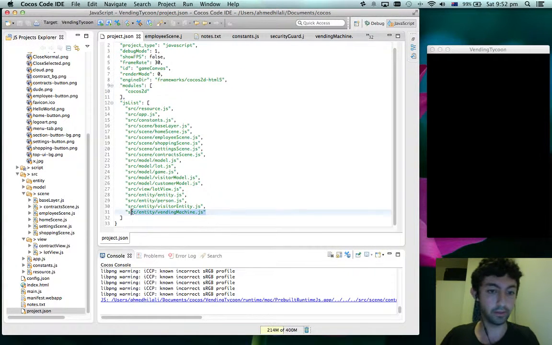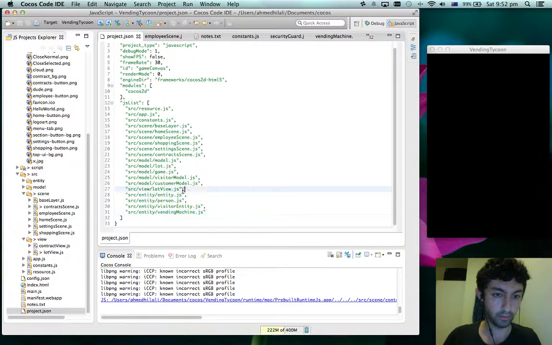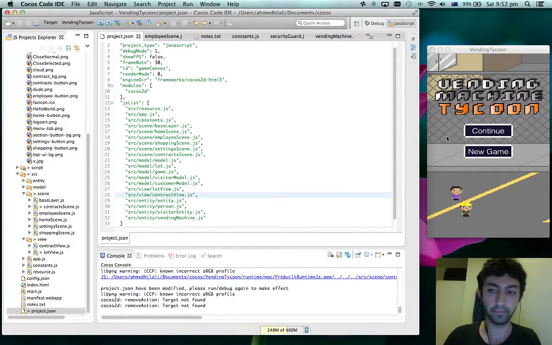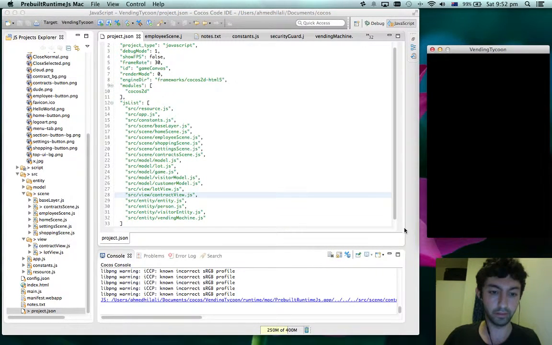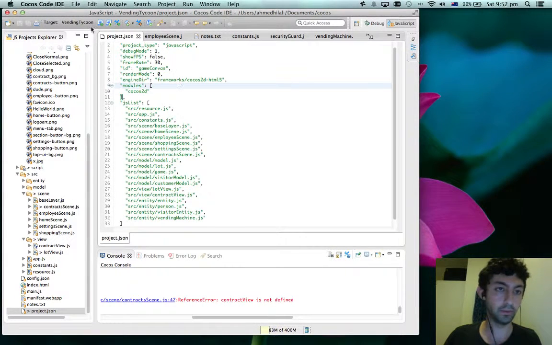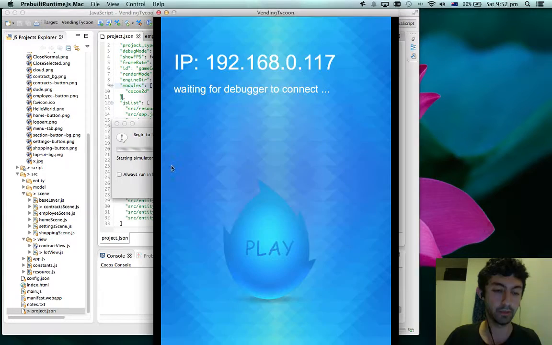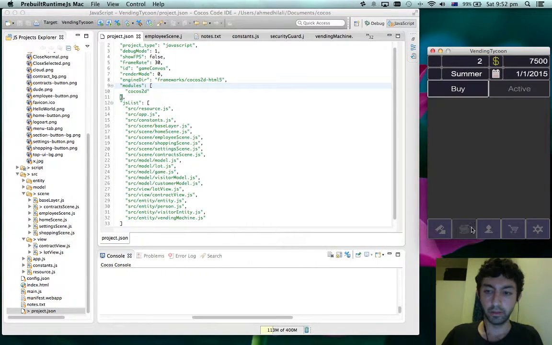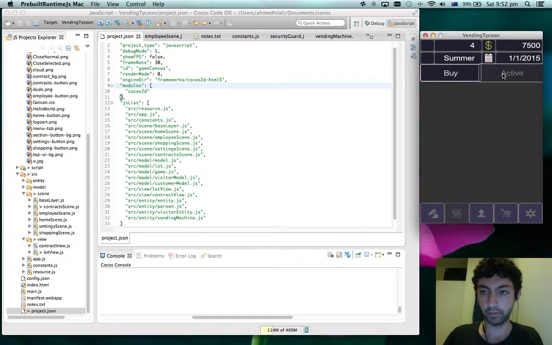I've got to add it to project JSON perhaps. Keep it tidy. Alright, try it now. I may have to start it again because I modified this file. Okay, oh, there we go. It's working, but